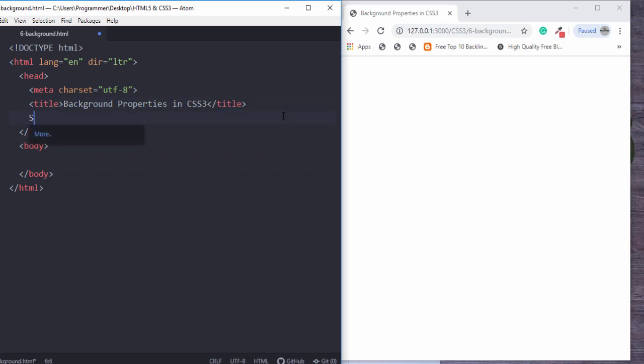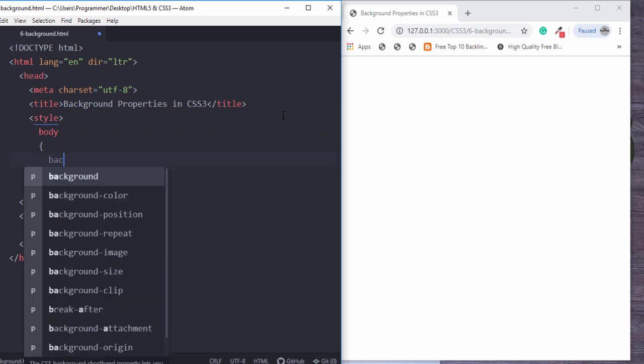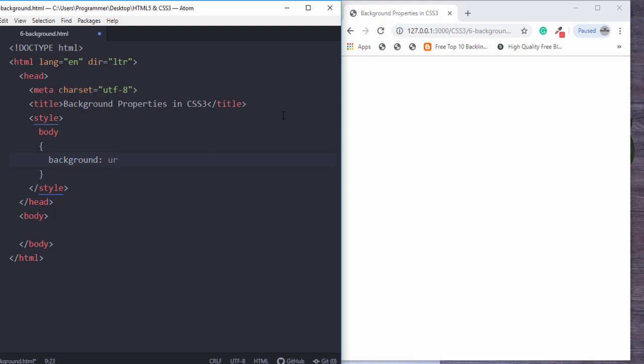So I'm going to use simple style, and I'm going to select the body tag, means complete body of the browser, or you can say that complete body of the website. Then I'm going to use background URL